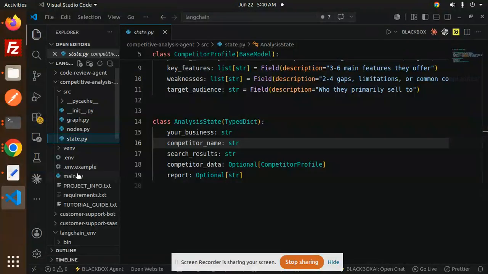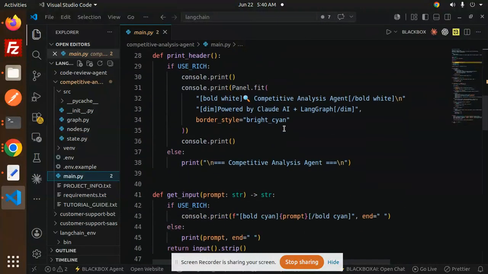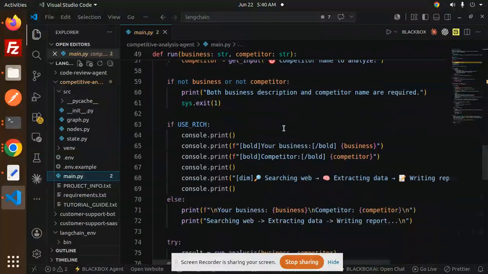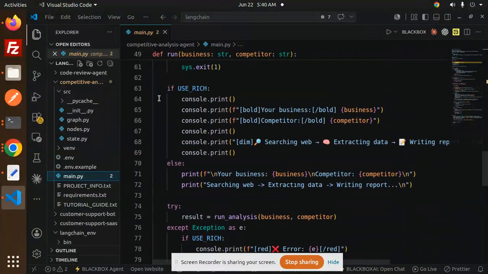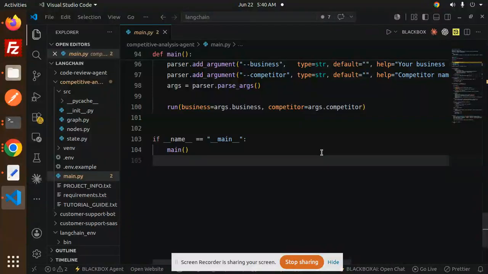And then we have a main.py file. Okay, so this is our main file, where we combine everything, printing and formatting. So here you can see that the formatting is there. Okay, that's it. So this is the